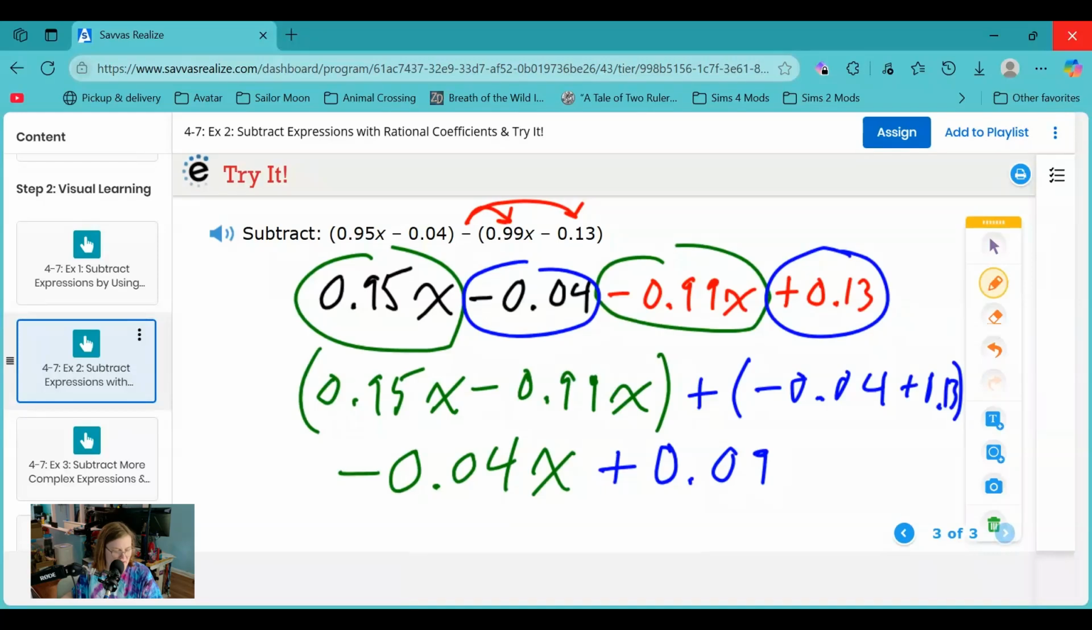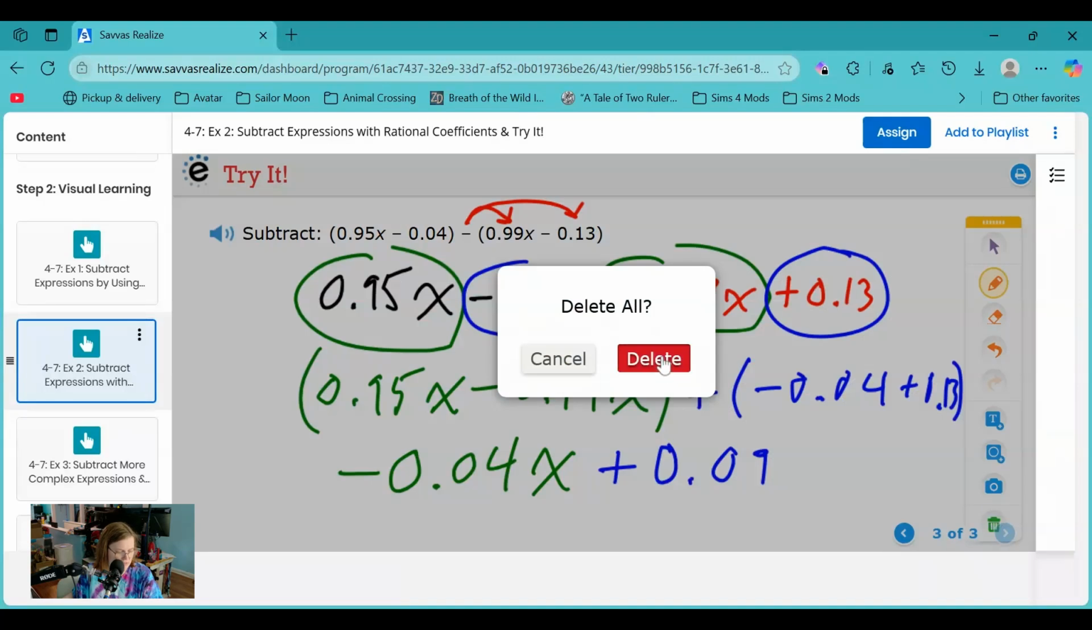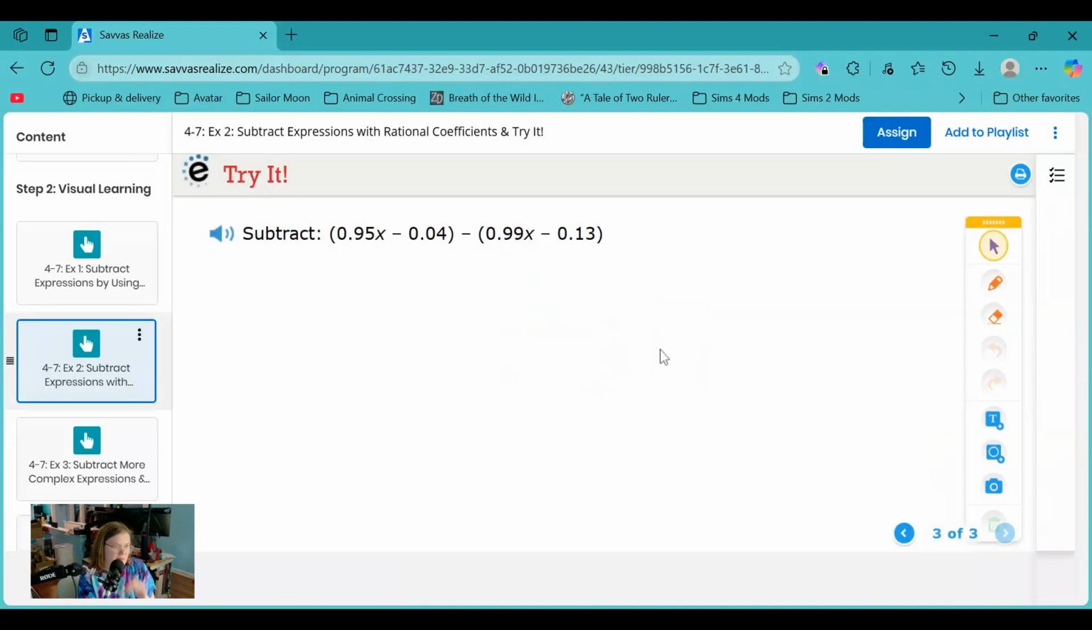strategy that can help a lot of students. So when we looked at adding expressions, we sometimes could set up our problem vertically, and we can do the same thing with subtracting expressions. So actually, I don't want the parentheses. I'm going to write my first expression just as it is,